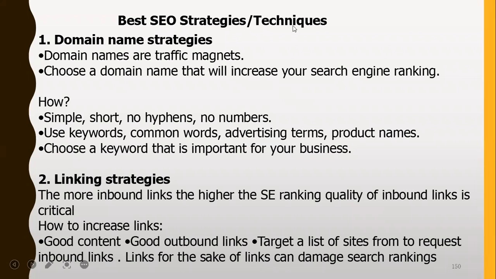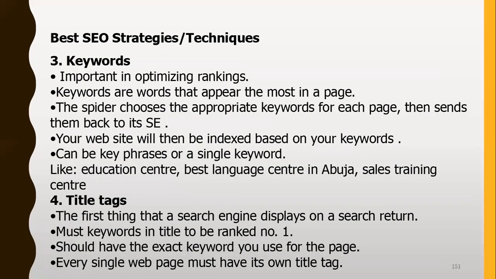So what are some of the strategies? Your domain name, make sure it's simple, it's short, no hyphens. The age of a domain name matters, but that doesn't mean that if you have a website that is just a few months old, you cannot rank it. You can still rank it, but it's a factor. Linking strategies, make sure you have good websites, have outbound, inbound link to your website. That's why one of the things you want to do if you want to rank first page of Google is to make sure that you register on as many sites as possible where you could distribute content and link back to your site, then link from your site out to other relevant sites.